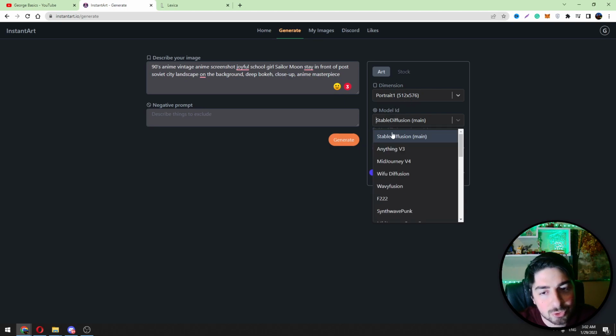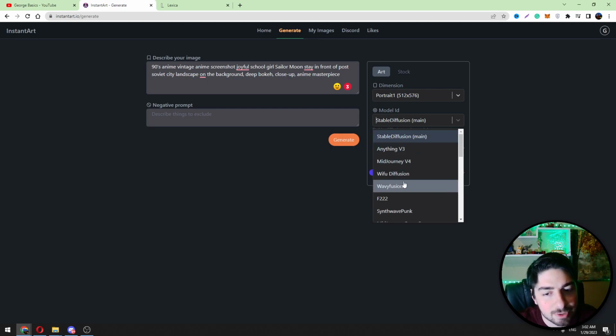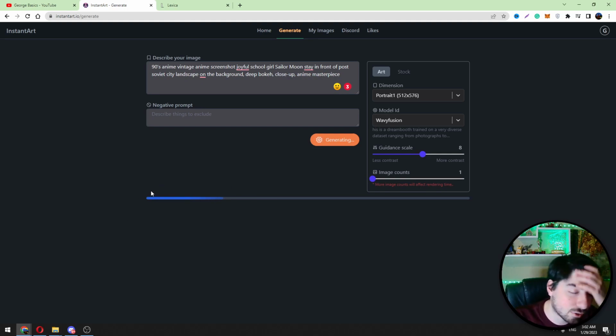Here are some model lights. I suggest you use all of them, test all of them, guys. For example, at the moment I'm going to use this one because I like this model light very much, guys. Let's choose wavy fusion and let's generate and look at what the result will be. We should wait a few seconds or maximum 1 or 2 minutes,